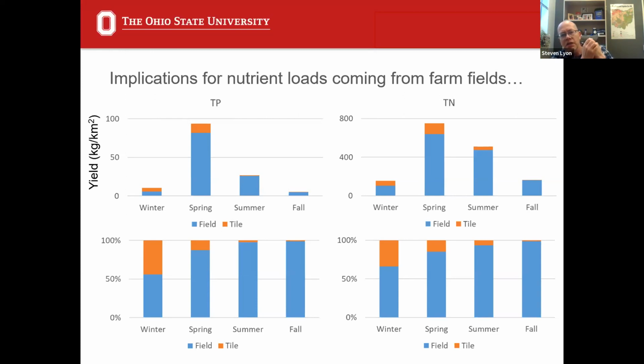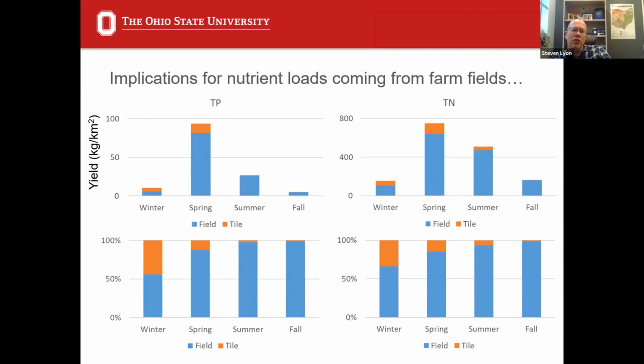So we can see two things here. The peaks in the spring period, which is consistent with what people have seen in other locations. And by and large, most of the load seems to be estimated as coming through subsurface lateral flow for periods of time. That shows us something about how these pathways are contributing over time.